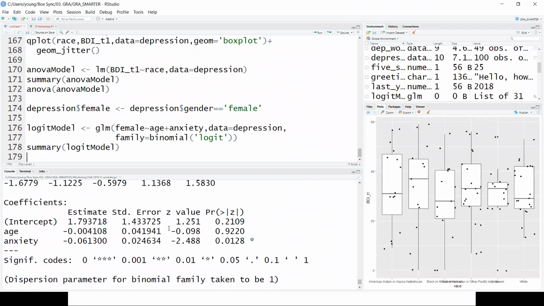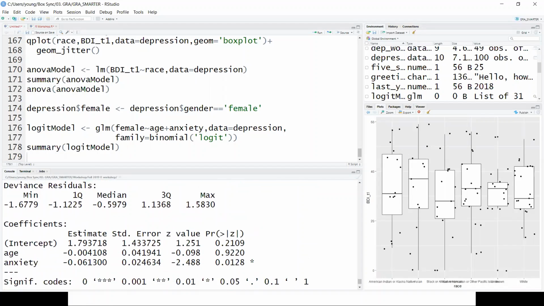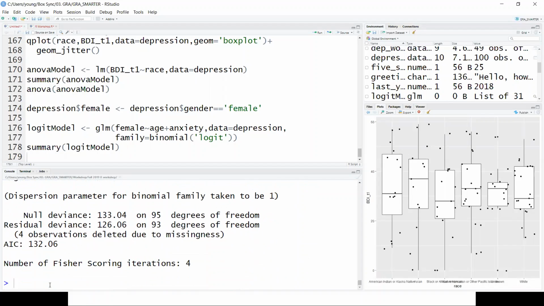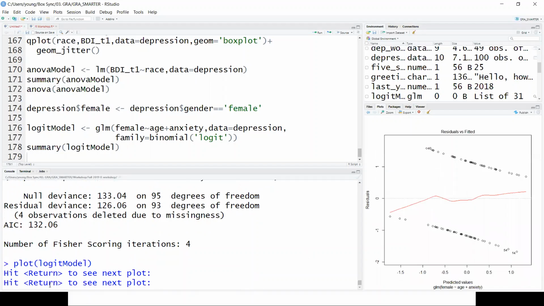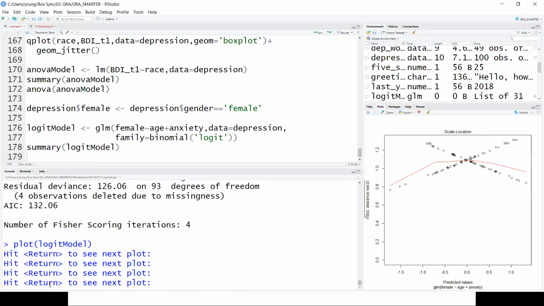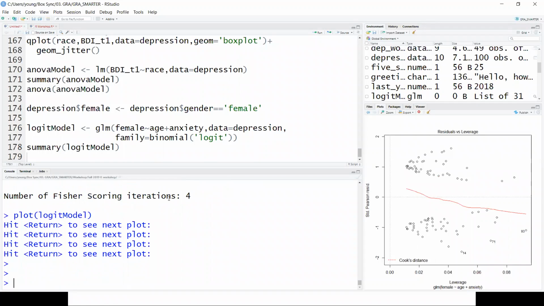And here you go. Here are our coefficients. I'm not actually sure what happens if you tell it to plot it. There's only one way to find out. Yeah, it treats it as if it were an LM. It's funny, I don't know why it does that. Okay, those are useless. Anyway, you got some bonus plots there, and bonus logistic regression and ANOVA. Right. I think we can call it good.